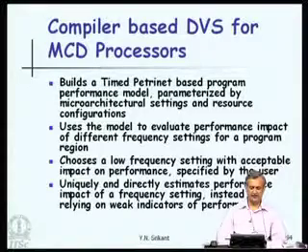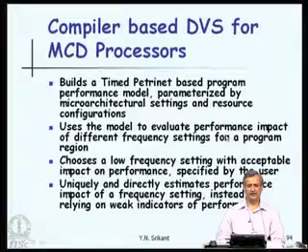can model concurrency, it can model non-determinism and so on and so forth. This model is used to evaluate the performance impact of various frequency settings for a program region. During this evaluation, we do not have to run the whole program. It is necessary just to run the simulation of the PetriNet and watch the performance of the processor using the PetriNet model for a certain duration.